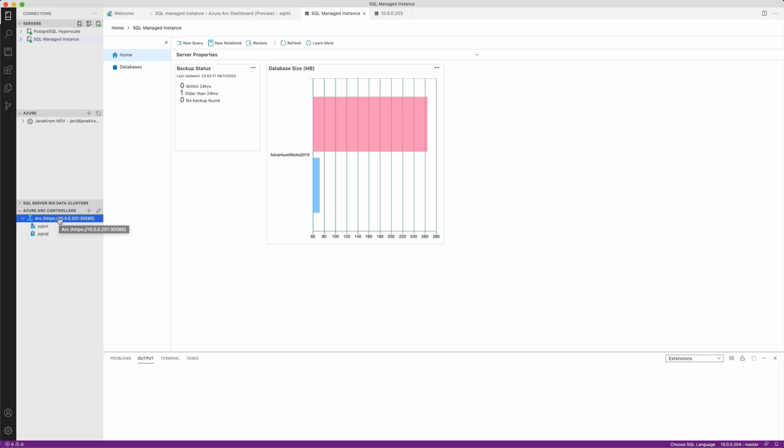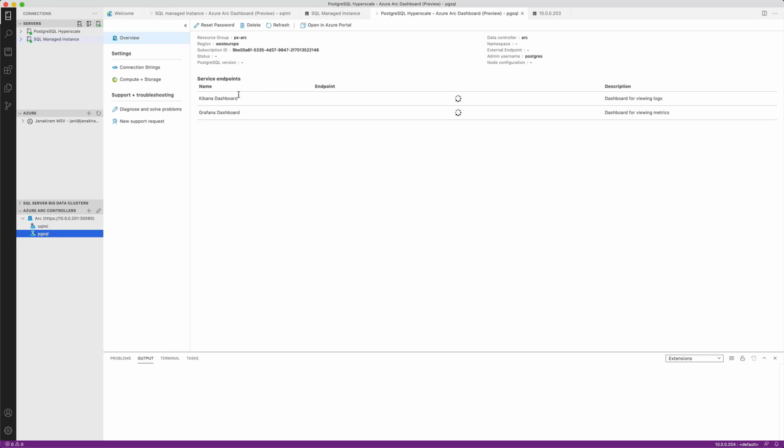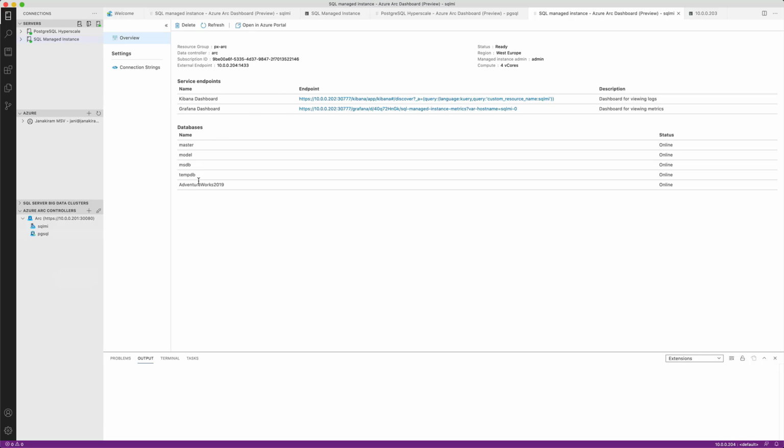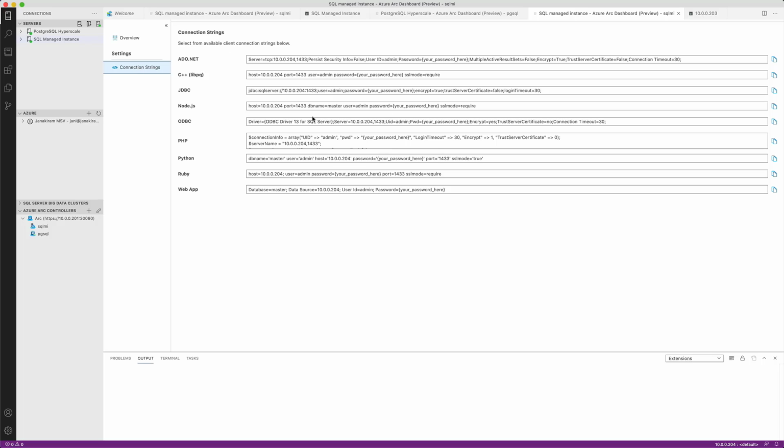And once I configure this, I can actually see that there is a PostgreSQL instance that is running. So, as we have seen earlier, it is currently running the PostgreSQL endpoint as well as the Kibana dashboard and the Grafana dashboard. Then there is SQL managed instance. I can even manage that, and it basically shows us where the configuration is. So you can also grab the connection strings thanks to the cool UI of Azure Data Studio.